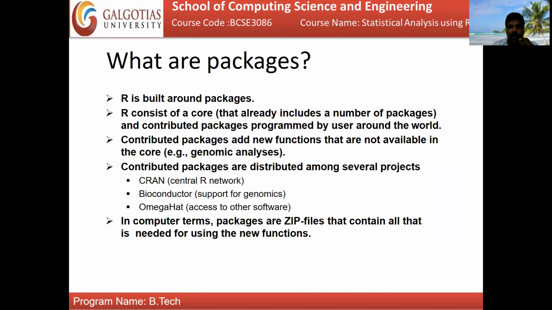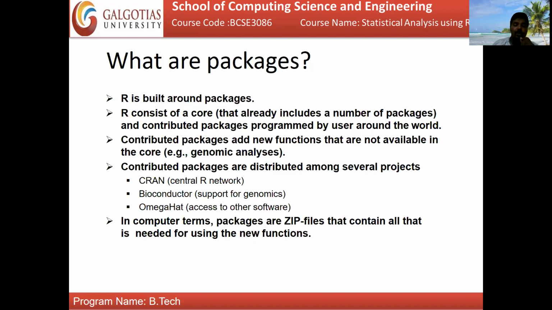So our programming is fully based on packages. If you know Java, you know very well what packages mean. R is built up of packages, so we use n number of packages already built in. If you want to add any new package to your programming, it's very simple. There is a format: mention the package name, download it, and add the package to your programming.